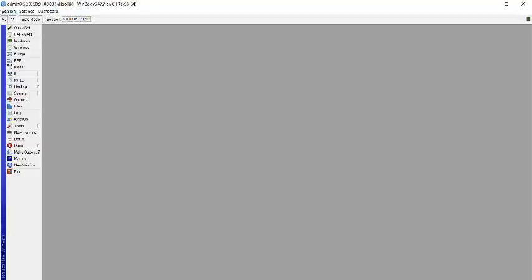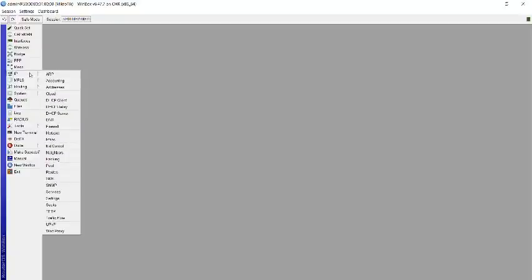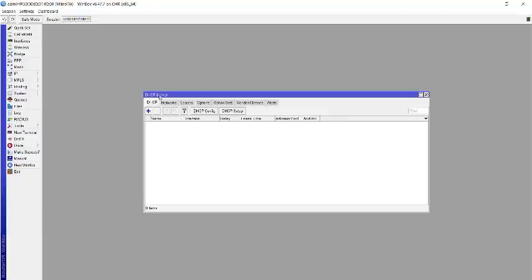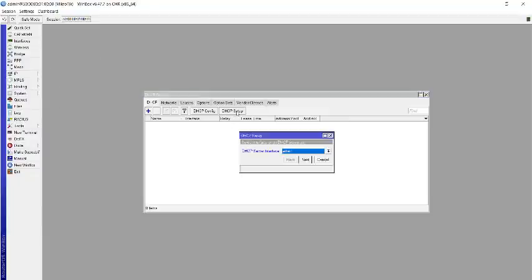So here now we are going to create a DHCP server. I want to show you both methods, that is how many ways there are to configure the MikroTik router or the DHCP server. So let's start with the first method. Here you have to go first to IP and DHCP server, and this is a very easy step, and click on DHCP, and I want to create the DHCP server on Ethernet 4.